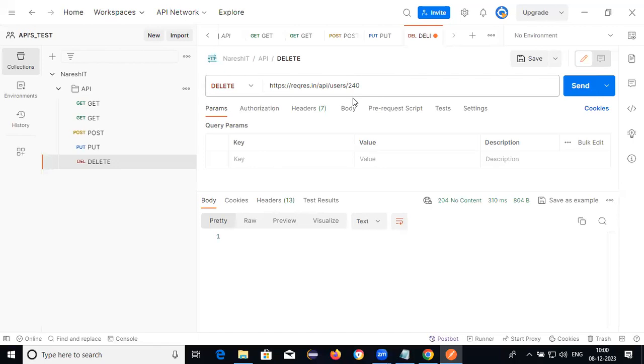Body, raw and JSON format. Next one, what is delete? Existing data we need to delete. What is the patch? Patch is also similar in meaning, for update. Payload.